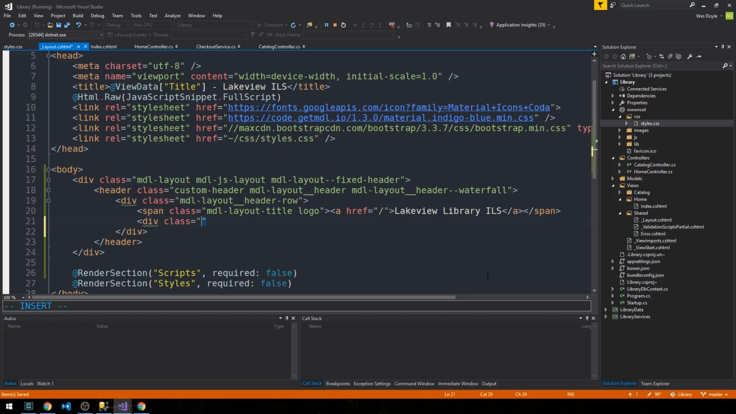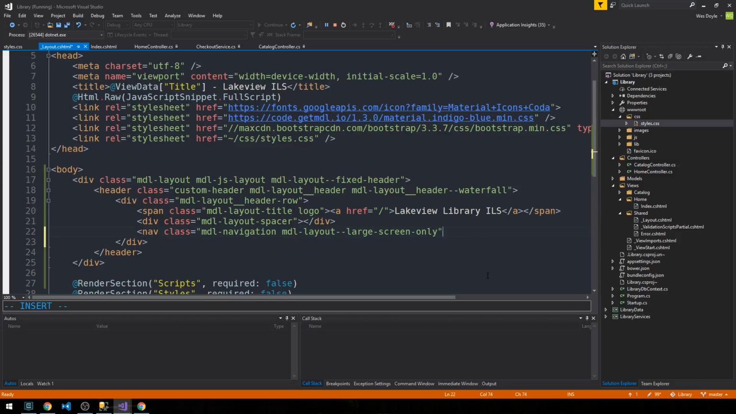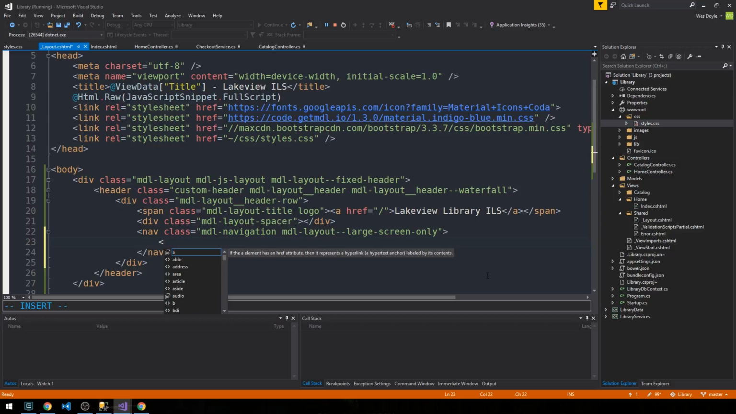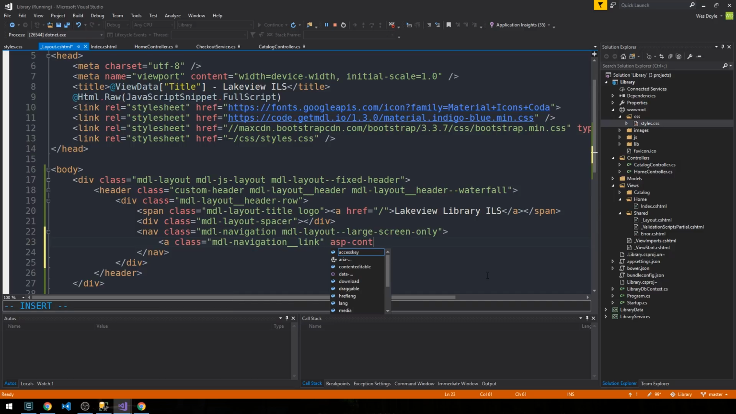And we'll have a div for a bit of a spacer. And then we'll have our navigation area. And in our navigation, we'll have anchor tags for each of the sort of four main areas of our application. So we'll have the home page, then we'll have a link to the catalog, our patrons, and our library branches. And here we can use that asp-controller, just point it to the Home controller, and then we can use the asp-action